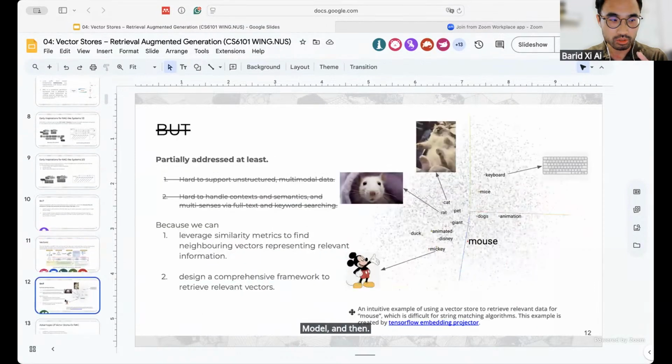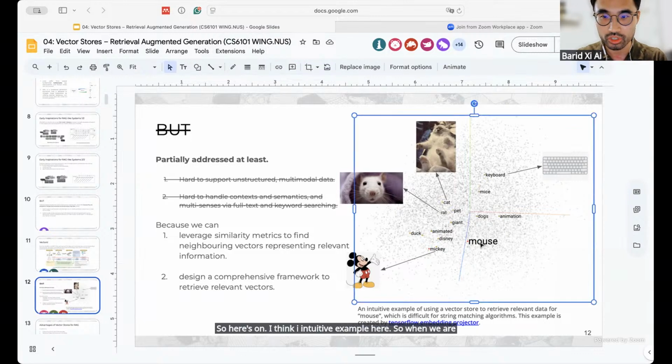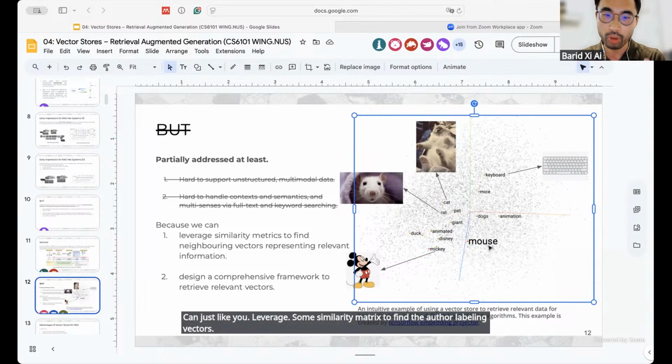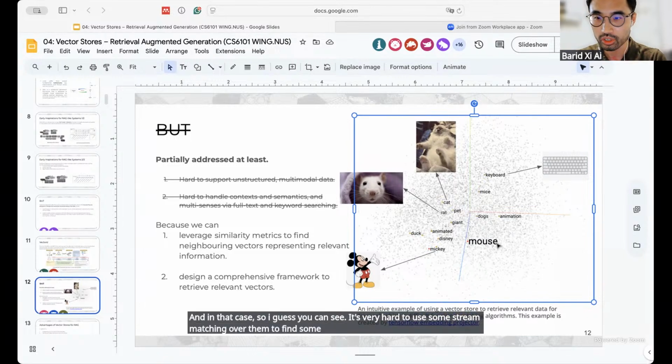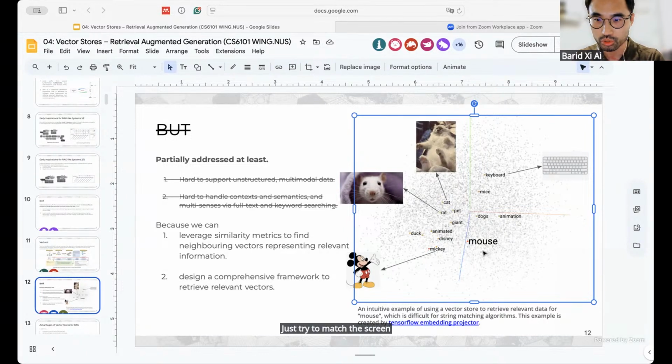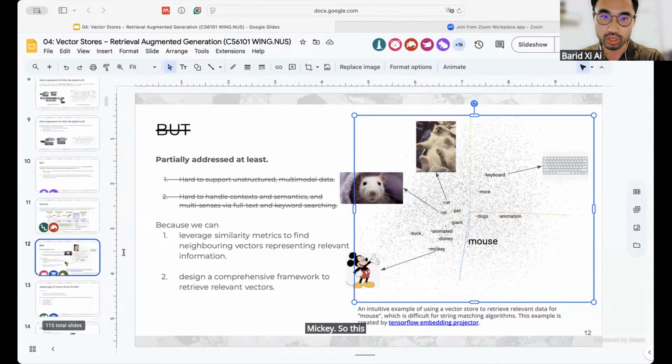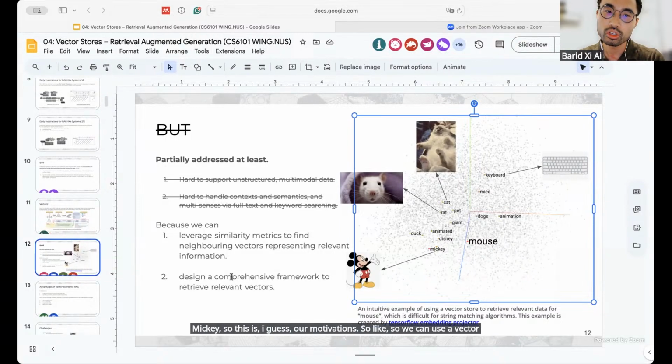The following question is why we need such a vector store. Here's an intuitive example. When we are trying to search for relevant information about mouse, we can leverage a similarity matrix to find all the related vectors for mouse, and we can find all the relevant information for mouse. In that case, I guess you can see it's very hard to use string matching algorithms to find some pairs. For example, you cannot just try to match the strings between mouse and Mickey. This is, I guess, our motivation. So we can use vector stores to support semantic search and retrieve all the relevant information